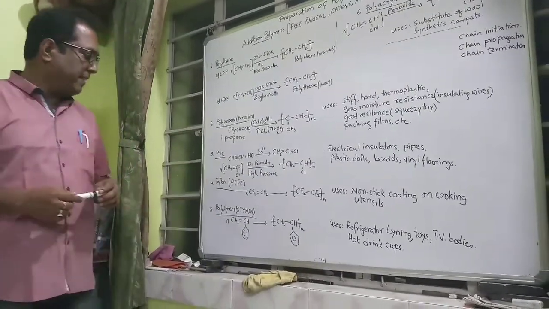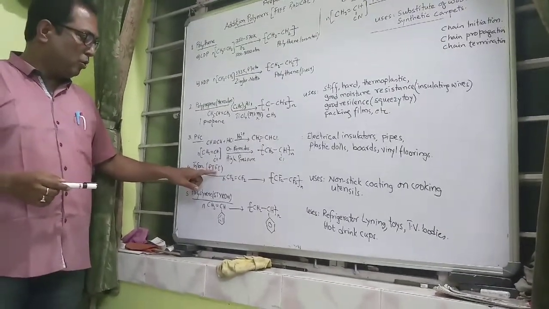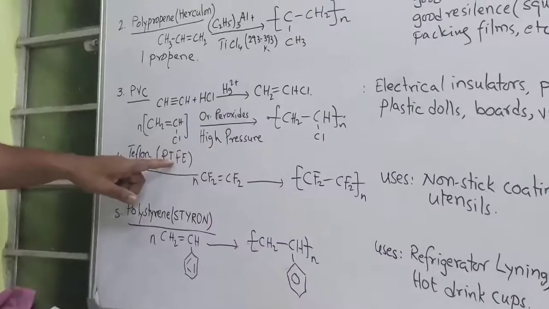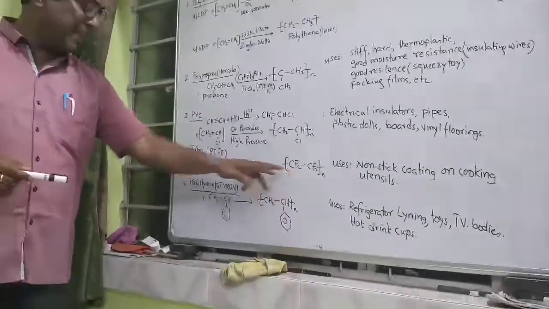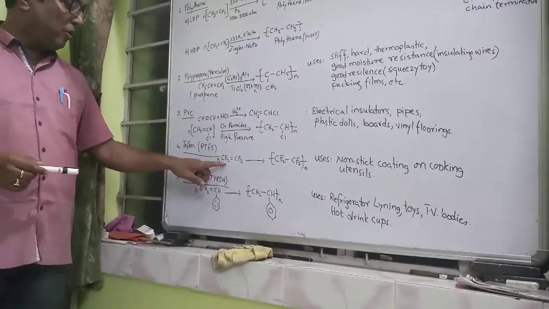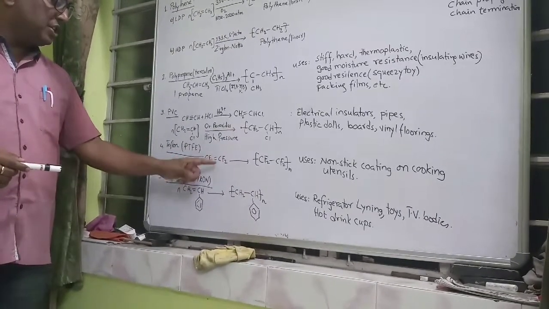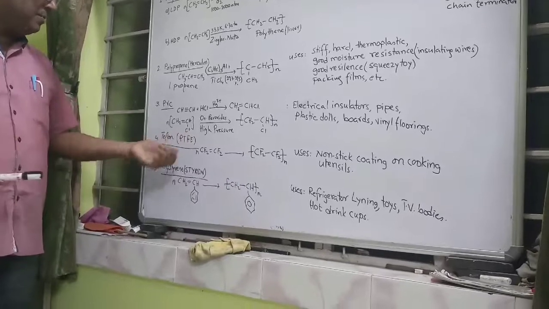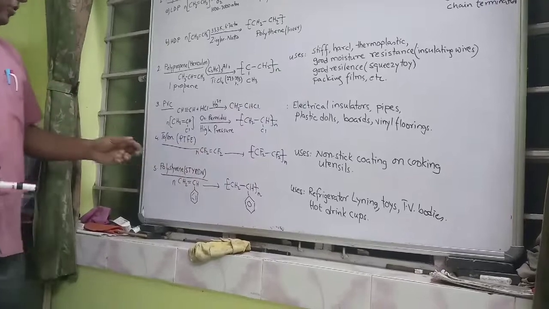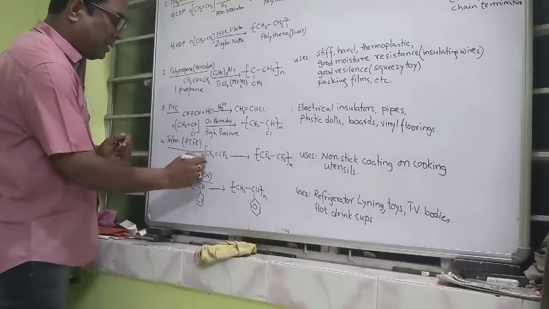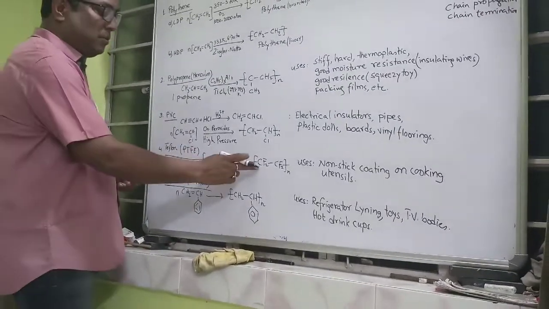Our next one is about Teflon. It is called polytetrafluoroethene. Polytetrafluoroethene. That means n number of times, tetrafluoro, 2 fluorine here, 2 fluorine here. So tetrafluoro and it is ethene. So it is poly tetrafluoroethene. So you can see here, students, if you take this for n number of times, it gives you CF2